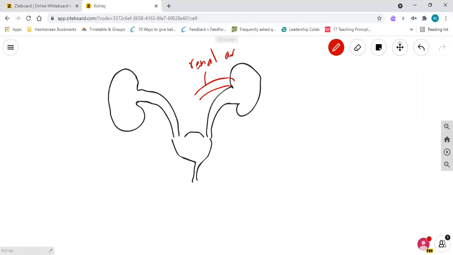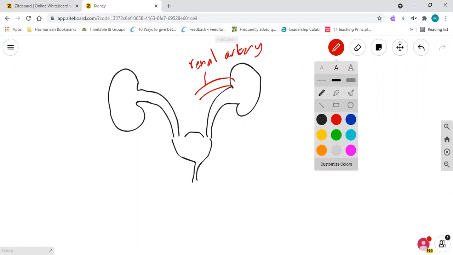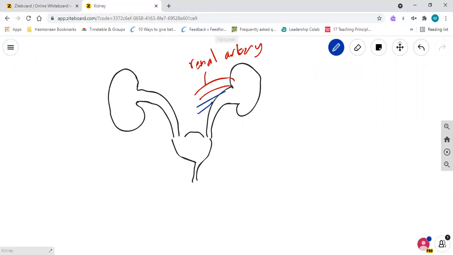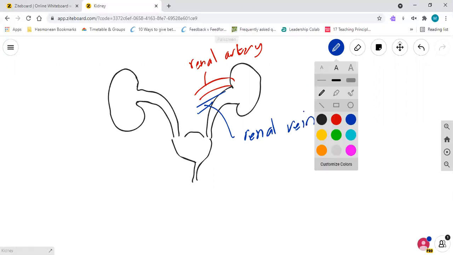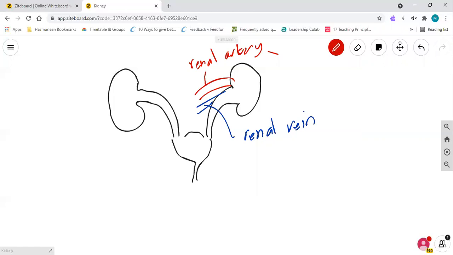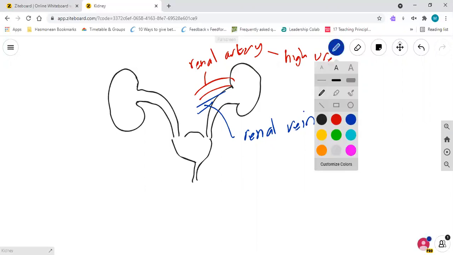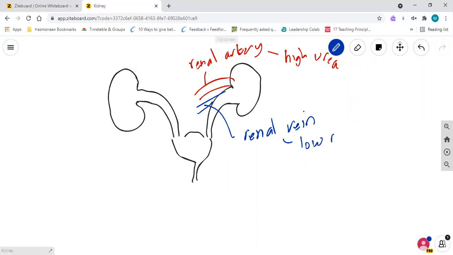renal meaning kidney, carrying oxygenated blood, but also high in urea. And you've got the renal vein, which is coming away, carrying deoxygenated blood, but also lower in urea. So the renal artery, obviously it's oxygenated, but it's also got a high urea content, whereas the renal vein has a low urea content,